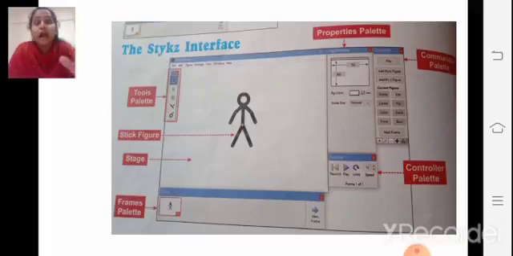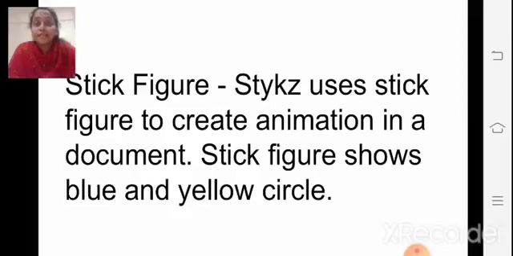We will learn how to use all these options and give animation and make this program. Sticks uses a stick figure to create animation in the document. The stick figure shows blue and yellow circles.